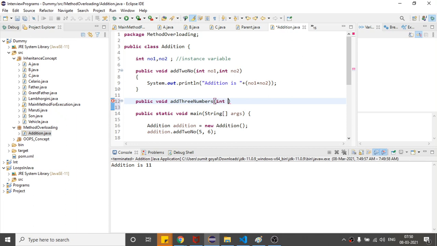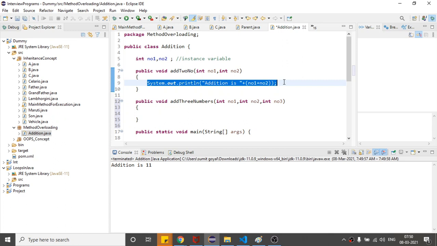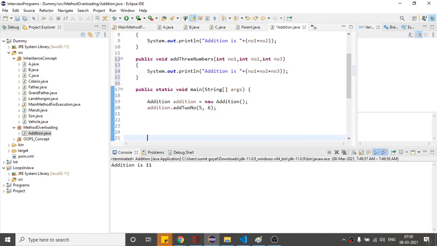Here I will pass int number 1, int number 2, int number 3, and inside this, as I need to add 3 numbers, addition plus number 3, and I can call this method from here.